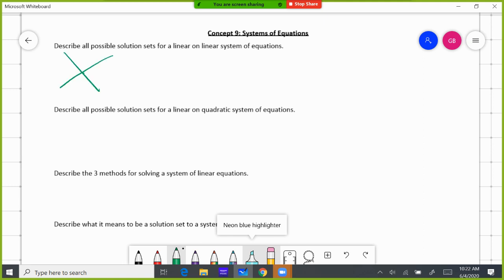Like here, we have one solution. You have parallel lines that never touch, there's no solution. Or if you have a line,